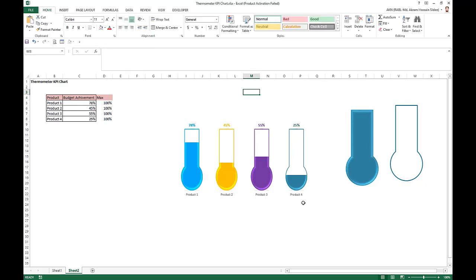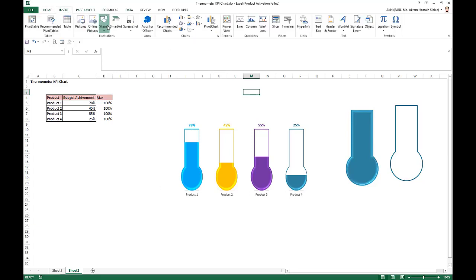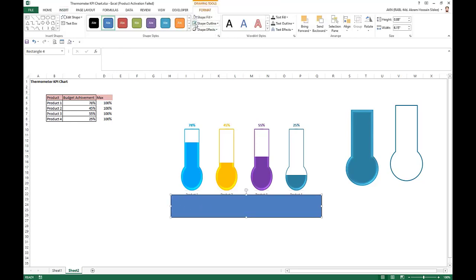Now we want to give a tray at the bottom of each thermometer, so go to Insert, take Shape, take Rectangle, draw a rectangle, take shape outline as no outline and shape fill as gray.